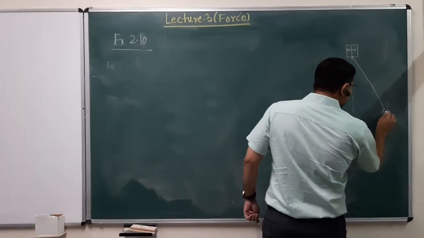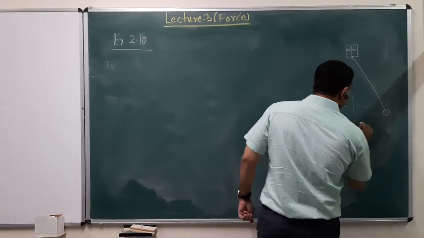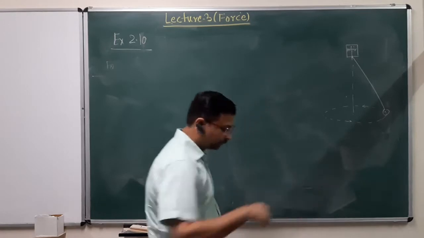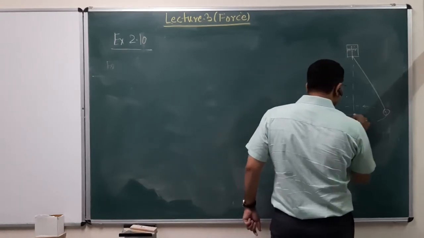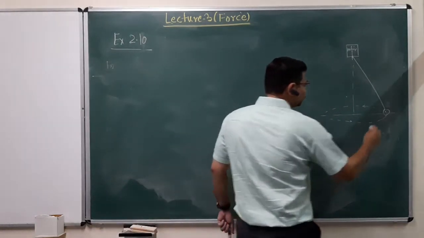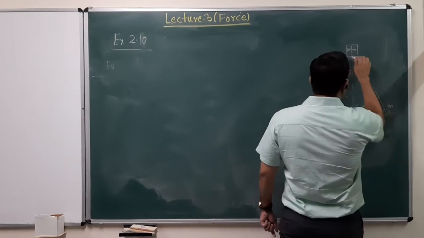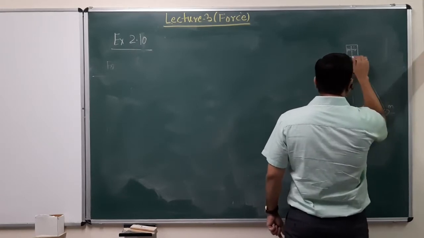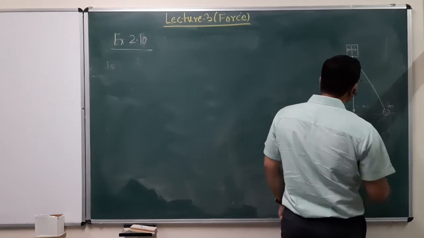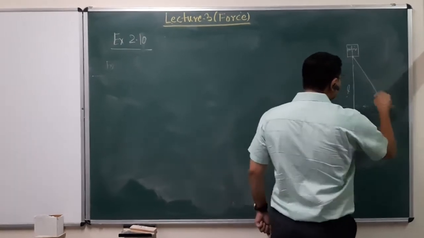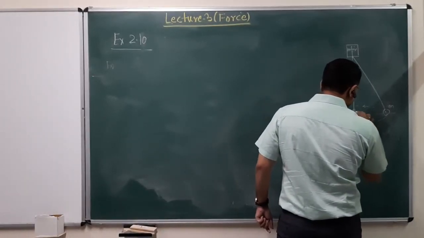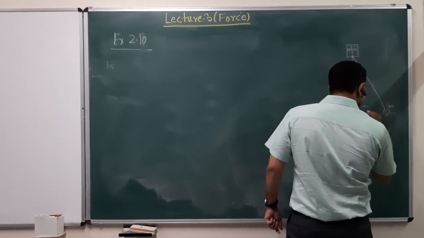So my mass, which is here, rather than going backwards and forwards, is actually making a circular motion, right? And this circular motion is confined to a plane. So let's call this mass M, and we'll take the length of the thread L. So the length of the pendulum is L, mass M, right? And let's take this at the center of this thing,